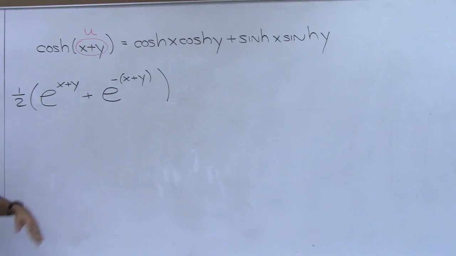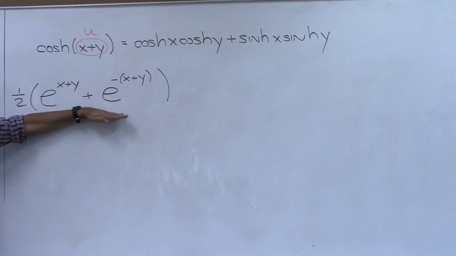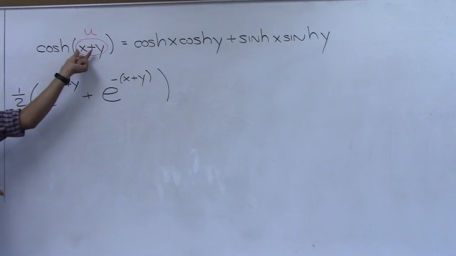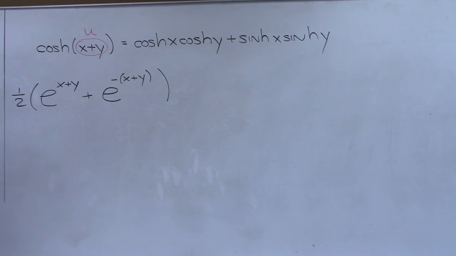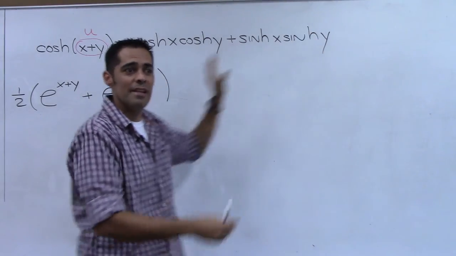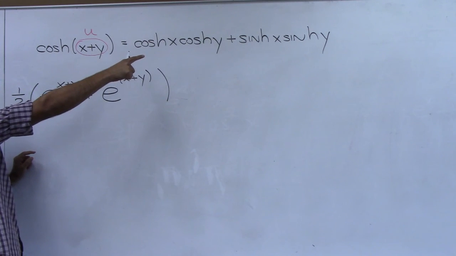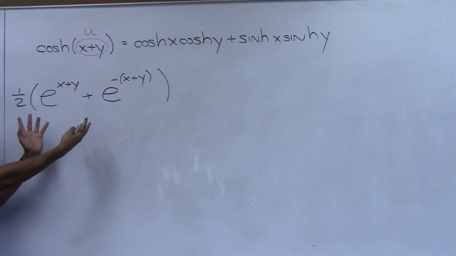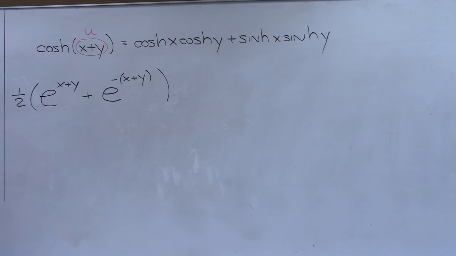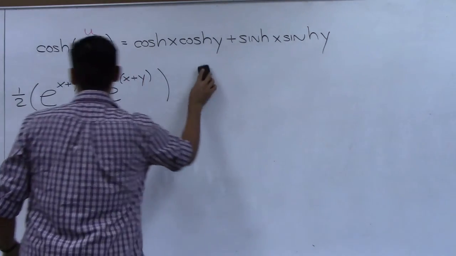Okay? Does everybody see how this hyperbolic cosine of x plus y is actually this? It's taking the formula and replacing the x in your formula with x plus y instead. Yes? That's what we need to show this is. So I'm going to try and make that turn into this. If I can do that, then I can go back and say, well, that's cosine hyperbolic of x plus y. Any questions? All right, so keep that in mind. I'm going to erase it. That's where we're headed.